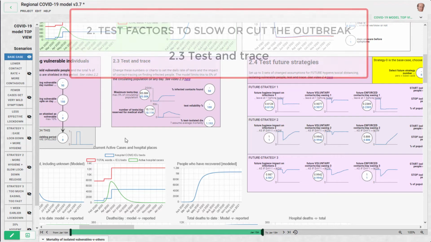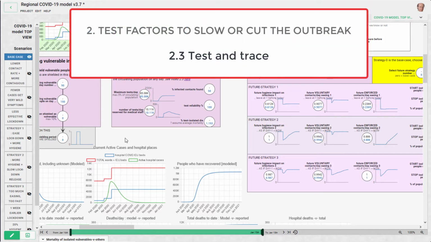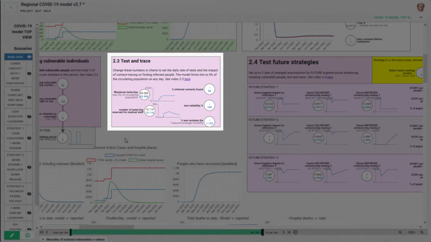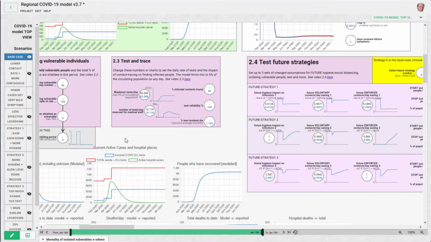A further option for trying to slow or cut the outbreak is to test people for the disease. Now, clearly the people who are already in hospital and known to be sick with the disease have already been tested, so this is tests for the rest of the circulating population. That's everybody who is still susceptible, who has only got mild or very mild symptoms, and everybody who has already recovered. So the probability of a test actually finding people who are infected is the infected fraction of that whole